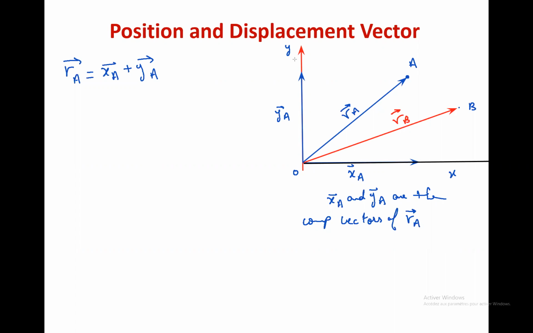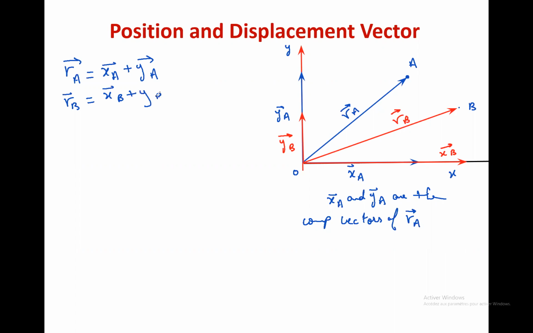Okay, so we have RB, XB, and YB. Here you have XB, the X component vector, and we have YB, the Y component vector. So RB equals XB